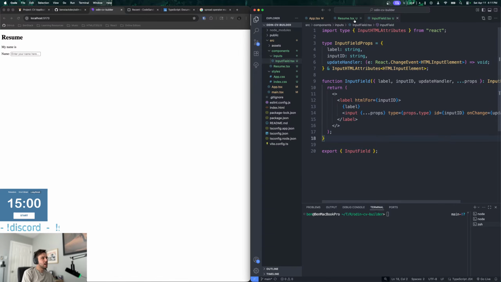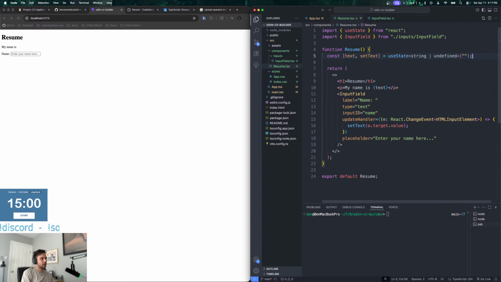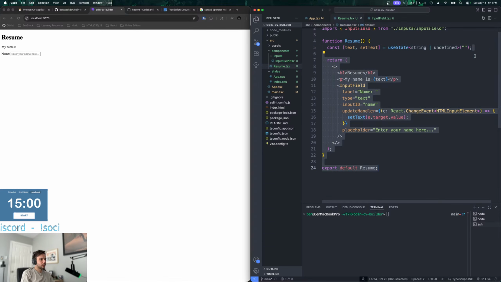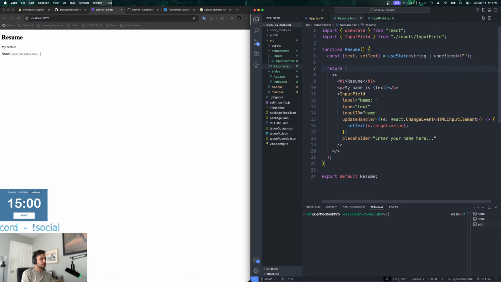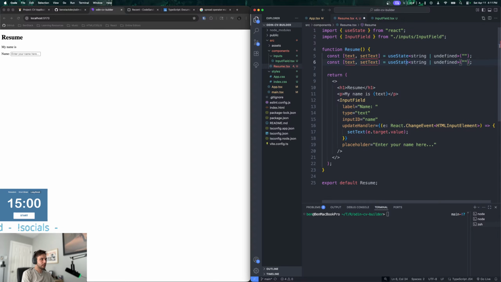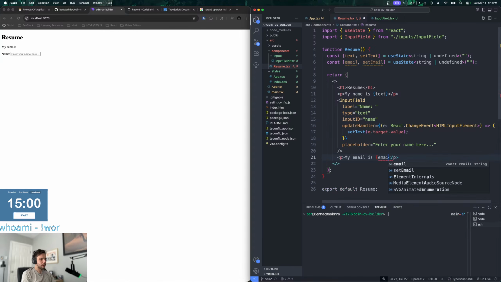So now if we want to make another input, I'll just do this for right now. So let's say we've got text, and then let's do an email, right? And then we'll just set email, and then we can have another input field. And then we'll just do a paragraph. My email is email.